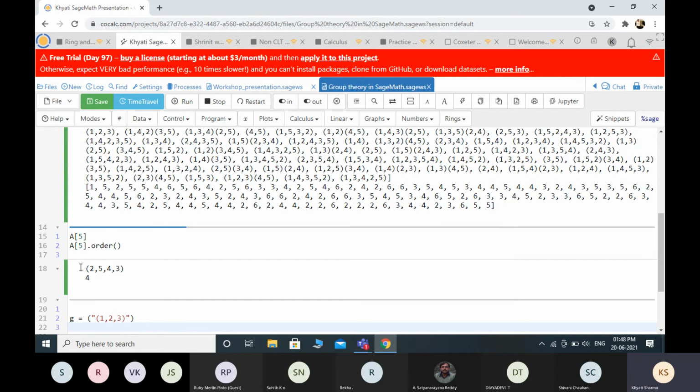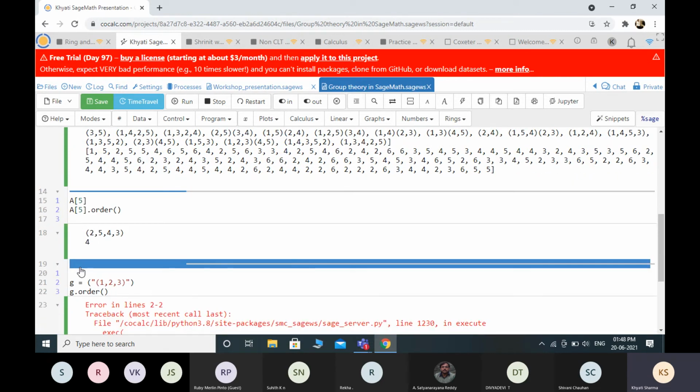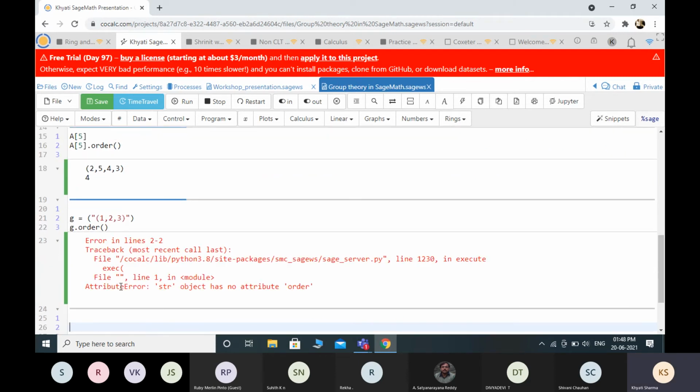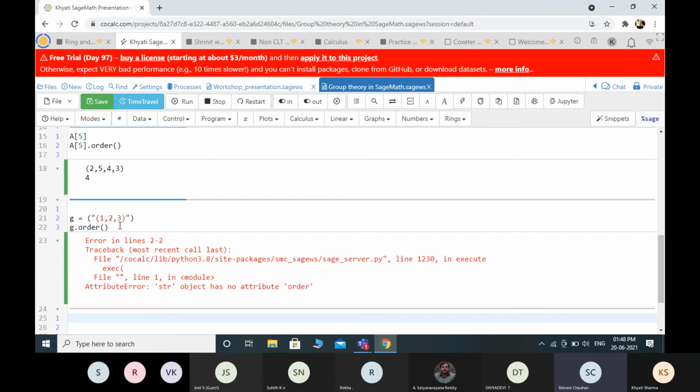So now G dot order. So it will give... 1 second. I don't know why this error. Kathy, you have used a bracket, so you have to use a single colon.